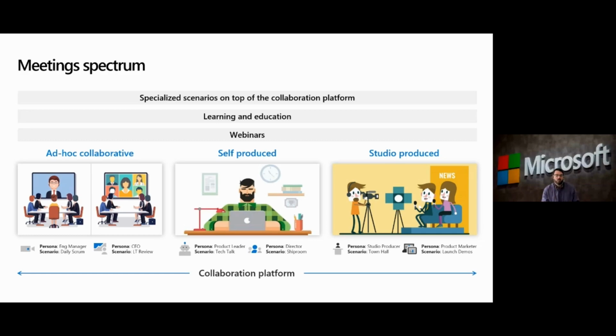kind of like we're doing here. We're self-produced. We do have some support that's helping us from the production side, but we're not sitting in a studio. We don't have a sound stage. We're all working on our devices and being able to deliver this. Yet, one of the things we needed to do is also produce this in a studio, right? What happens when I want to bring in a CEO for an earnings call? Or I might want to do a massive launch that I want to be formal.